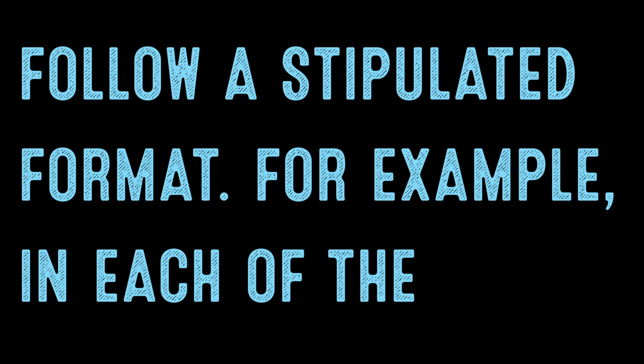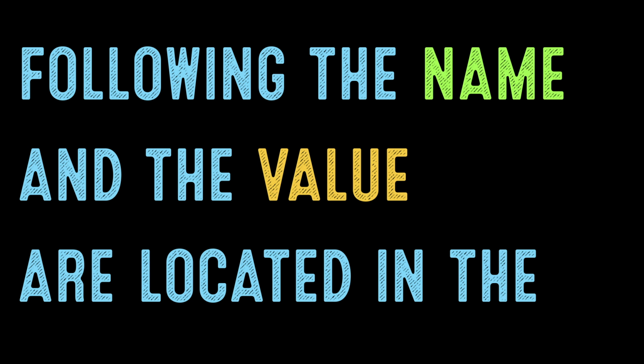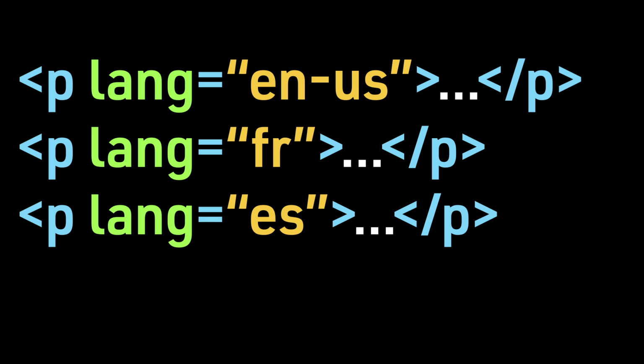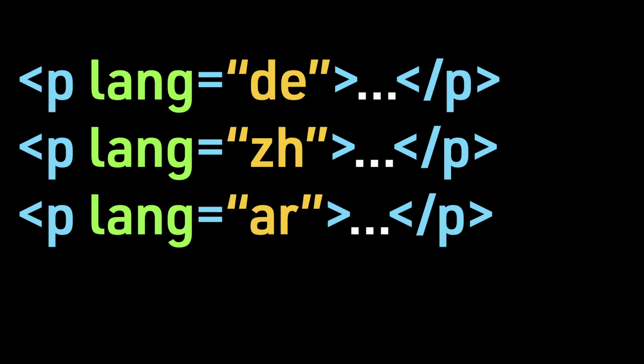For example, in each of the following, the name and the value are located in the opening tag with an equal sign separating them. The value is in quotes. EN-US for US English, FR for French, ES for Spanish or Español, DE for Deutsch or German, ZH for Chinese,